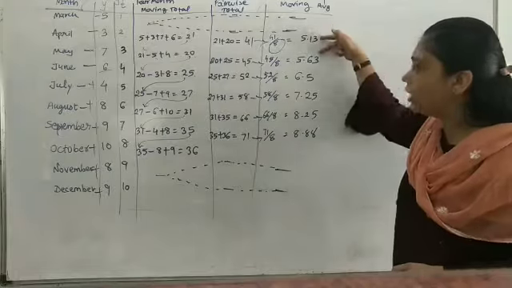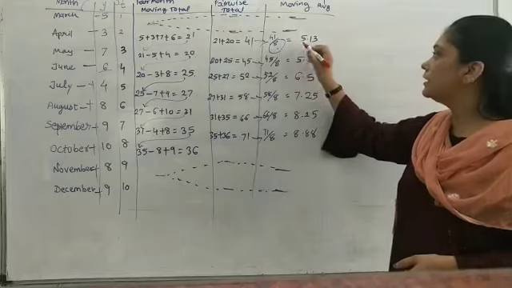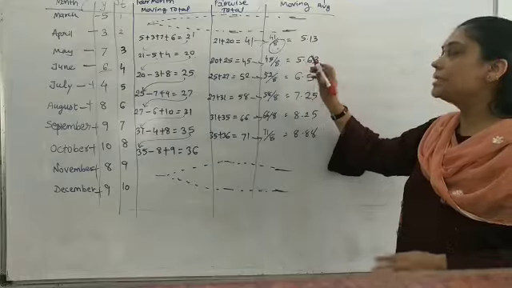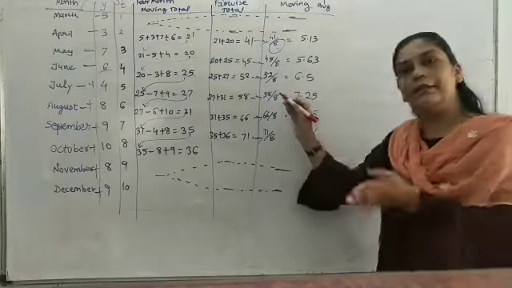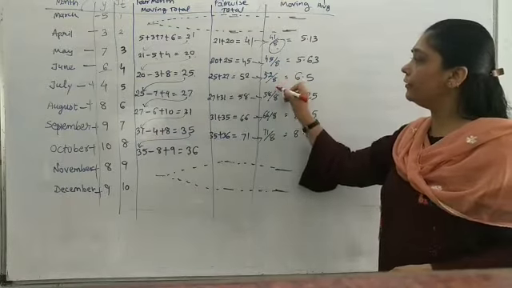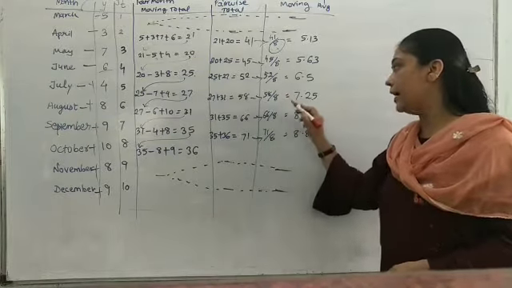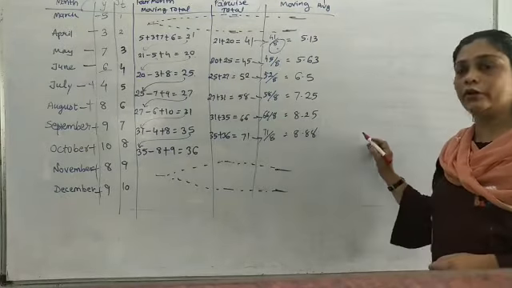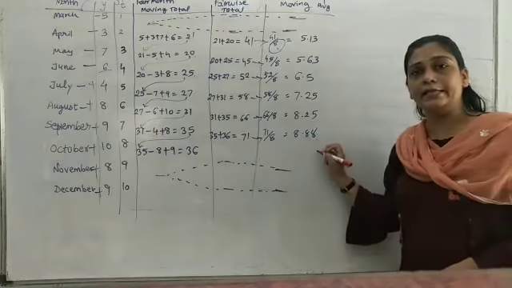Here it is dashing, you can see that. 41 divided by 8, answer is equal to 5.30. 45 divided by 8, write in the same line, never forget. 5.63. Again in the same line, you have to write in the line of 52. 52 divided by 8 is equal to 6.5. 58 divided by 8, 7.25. 66 divided by 8, 8.25. 71 divided by 8, 8.88.